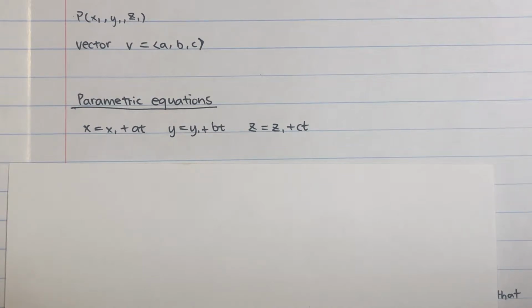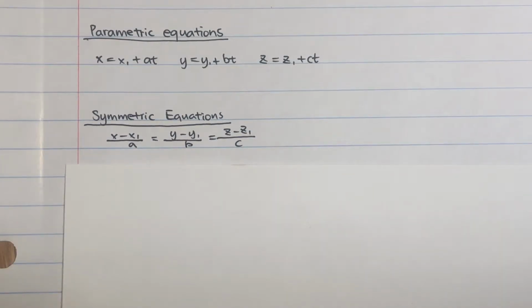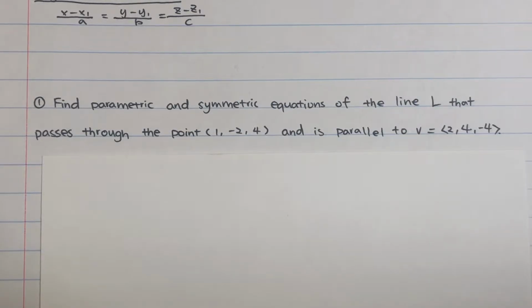x equals to x1 plus at, y equals to y1 plus bt, z equals to z1 plus ct. The symmetric equations are (x minus x1) over a equals to (y minus y1) over b equals to (z minus z1) over c. So the first example is to find the parametric and symmetric equations of the line L